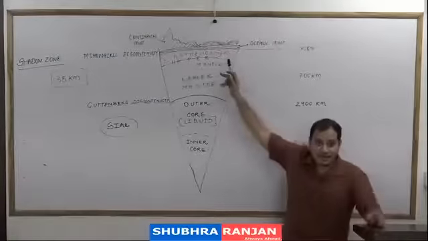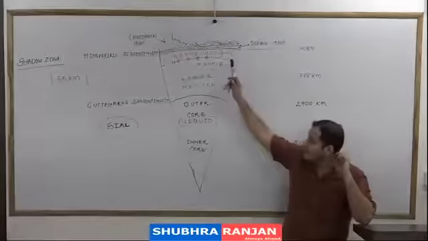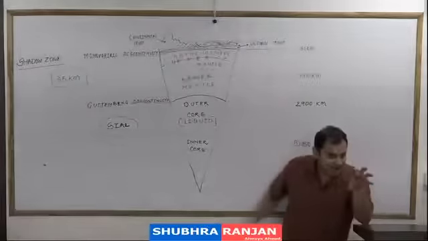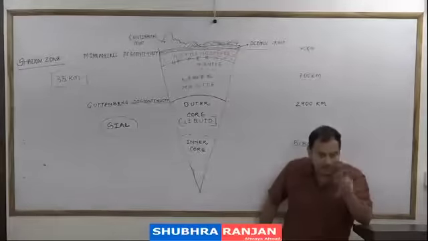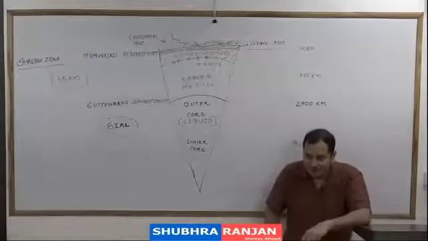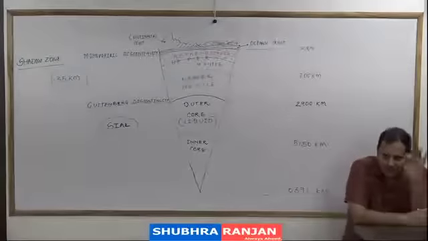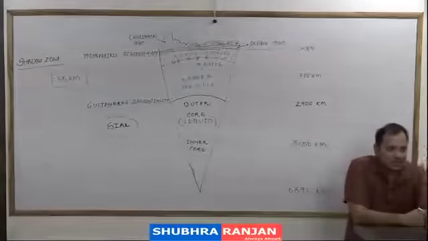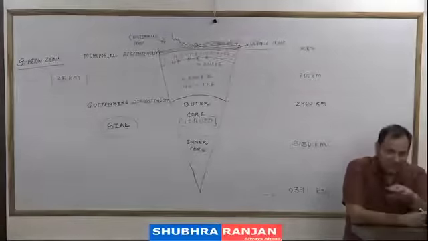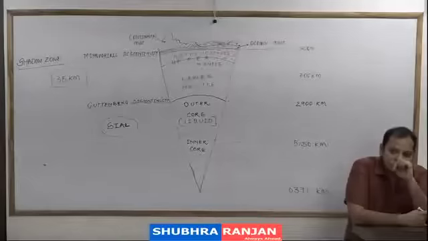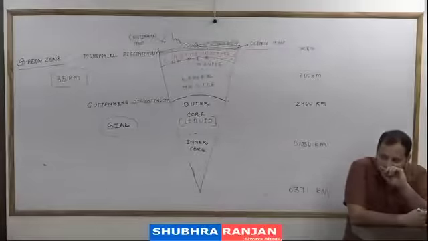ये asthenosphere क्या है? Can I say this is nothing but magma? So जितना thick है crust, उतना there is a less chance of volcanic eruption because magma फिर easily ऊपर नहीं आएगा. जितना thin है crust, उतना there is a greater chance of volcanic eruptions. Now, where will be the crust very thick? On the plains or below mountains? Below mountains.